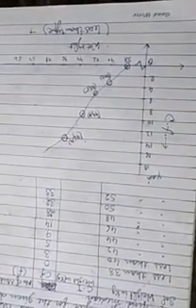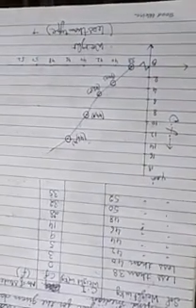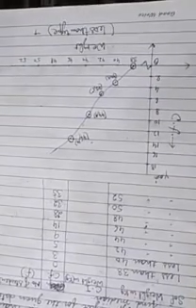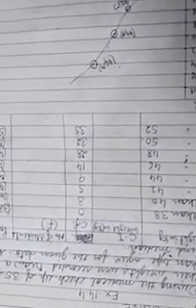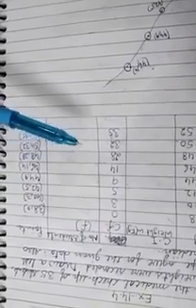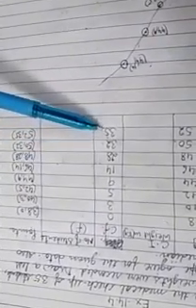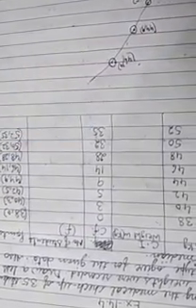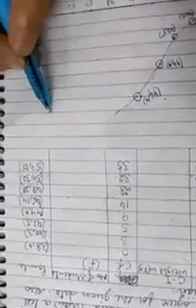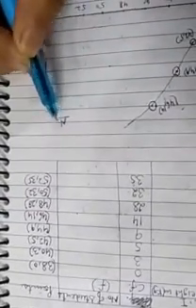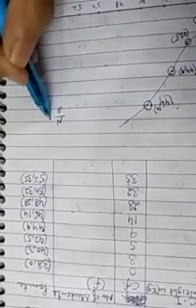Now the second part is that you have to find the median from the OGIVE. How will you solve this question? For that you have to see the sum of all the frequencies, that is, the last term of the cumulative frequency. It is 35. So first you have to find n by 2. n is 35, so n by 2 will be 17.5. This is your n by 2.